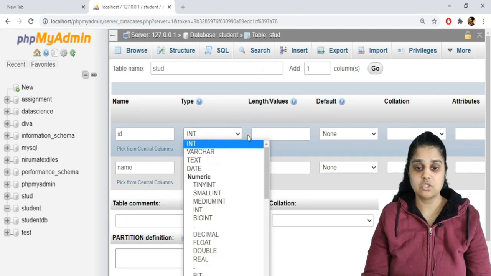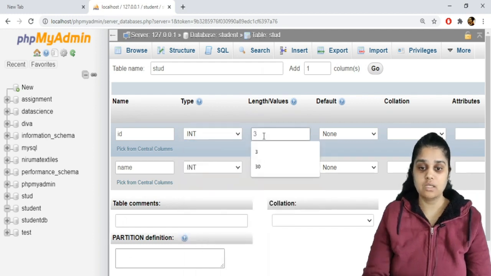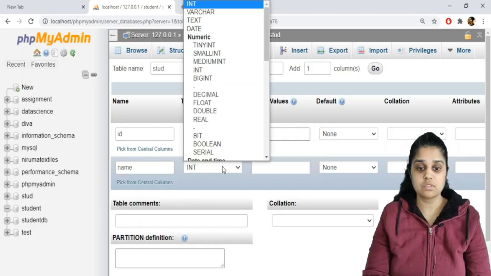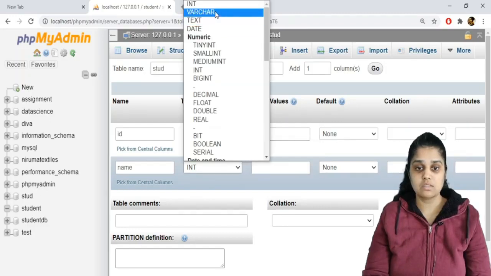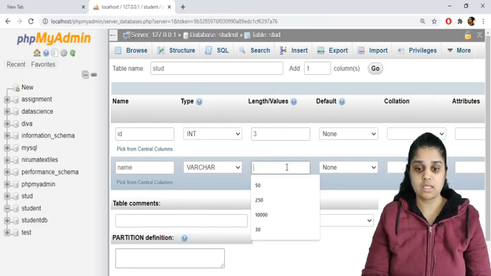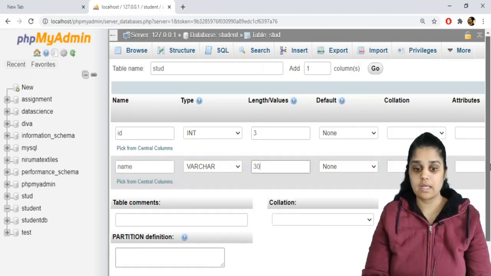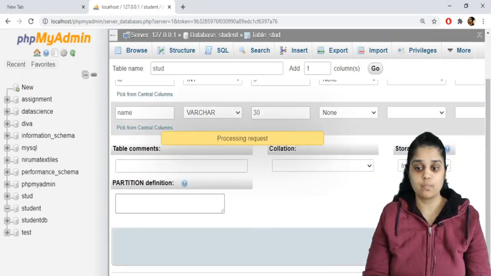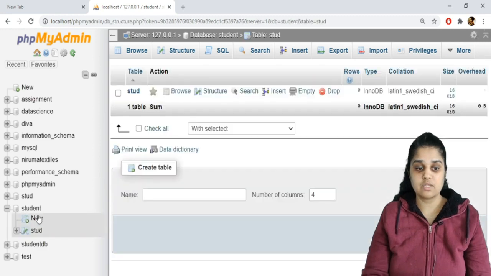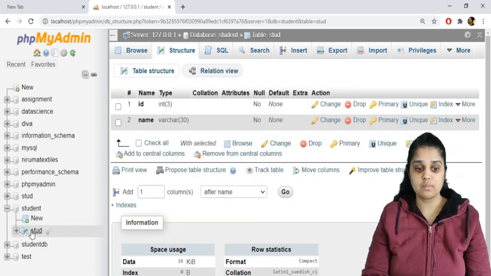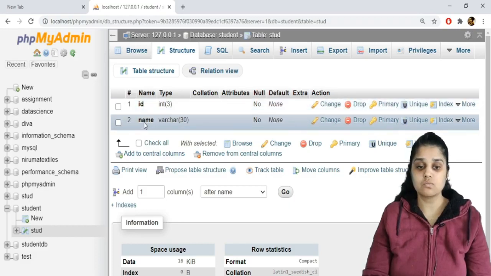ID is an integer with length of 3 integer values, and name is varchar with say length of 30. Okay, and I can let it go. So we have saved. As you can see in my student database, I have a stud table. You can also see from here database student has a table stud with these 2 columns.